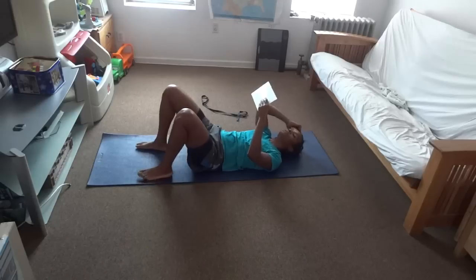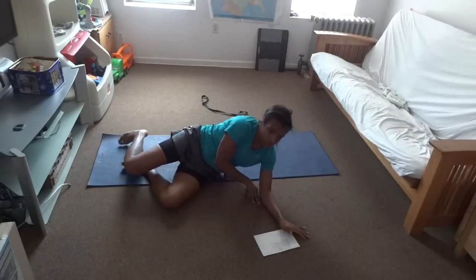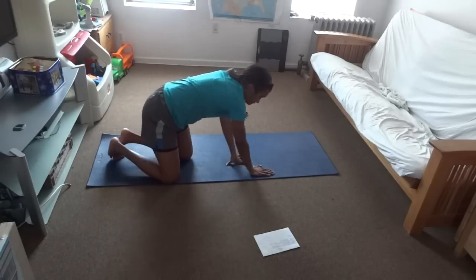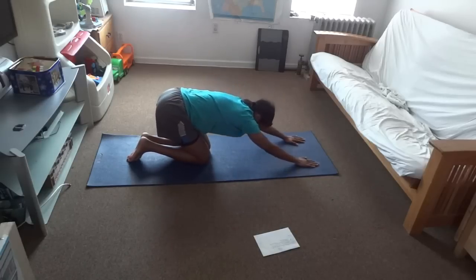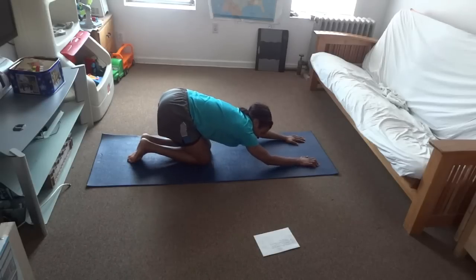The next one is the child's pose. I'm gonna be on my knees and try to stretch as far as I can. I think they do that in yoga. I never take yoga, but